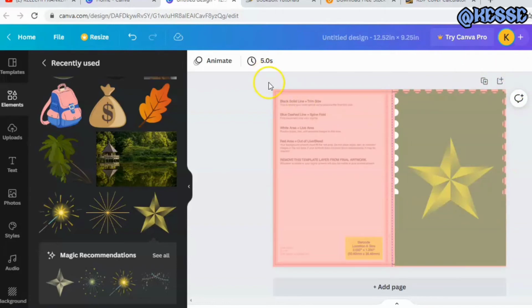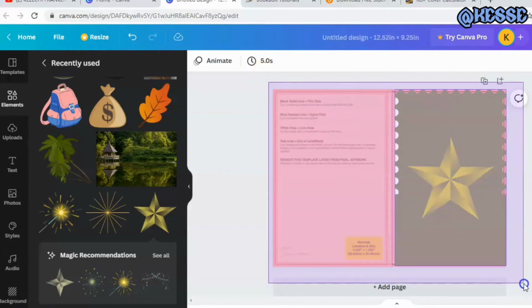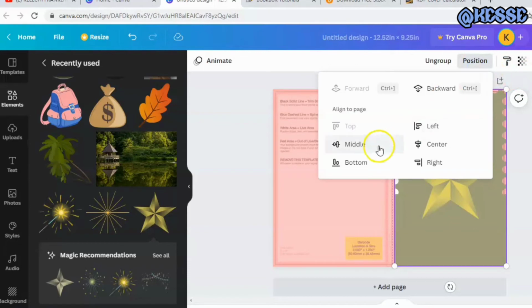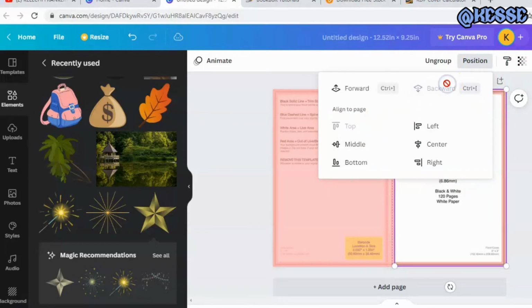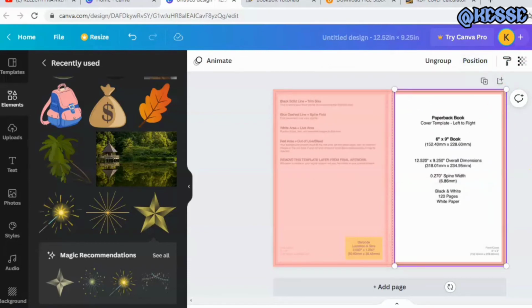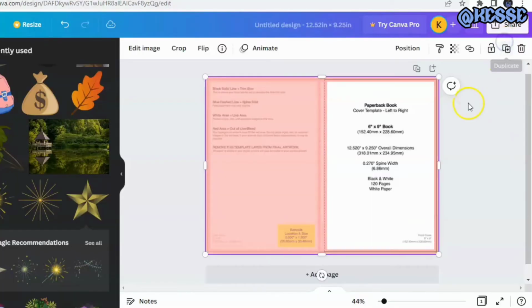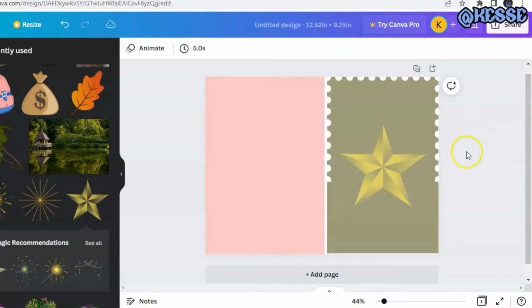So what I have to do right now again is to position it. I want to take it to the back. I want to move it to the back. All I have to do is to go to the position area, then take it backward. So I've taken it backward, and now you can see that I have my front cover here, and I can now decide to remove the back cover. So I'll have to unlock this and then remove my back cover. So I'll click on Control D, delete. Once I click on delete right now, the